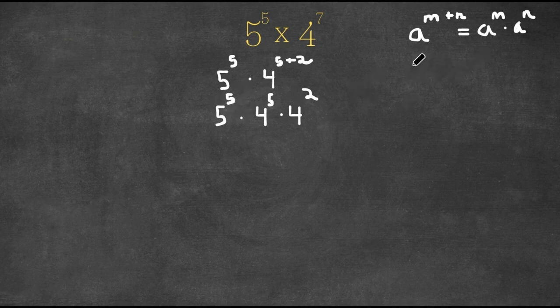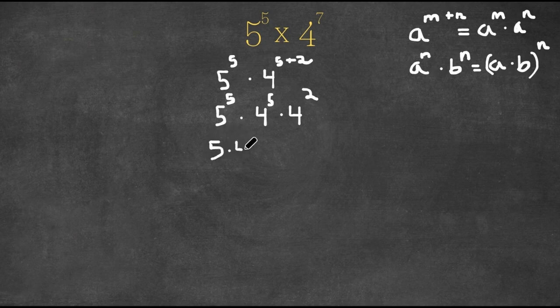Now, another property of exponents is that if we have a to the power of n times b to the power of n, this is equal to a times b in parentheses to the power of n. So right here we have 5 to the power of 5 times 4 to the power of 5, and 5 in this case is n, and 5 and 4 are a and b respectively. So this can be converted to 5 times 4 to the power of 5 times 4 squared. Now 5 times 4 is 20, so now we have 20 to the power of 5